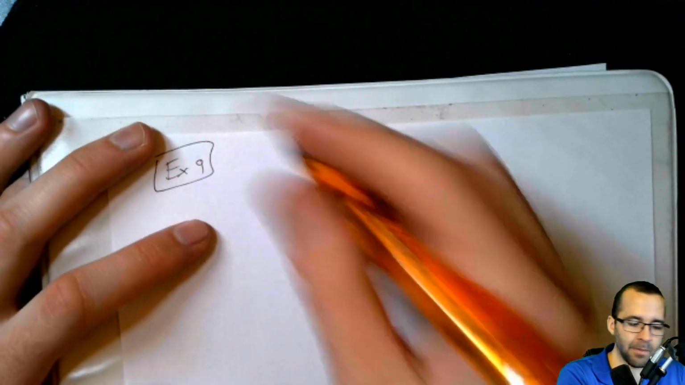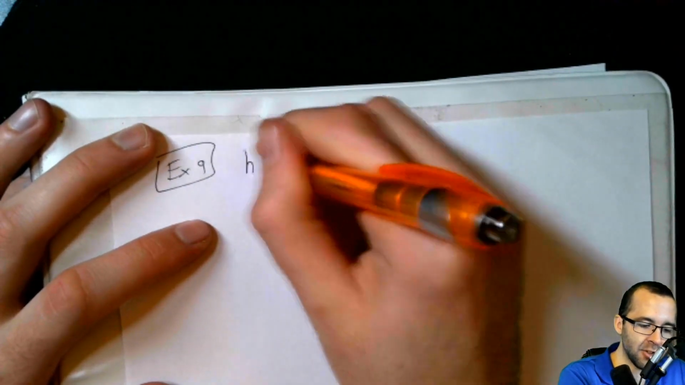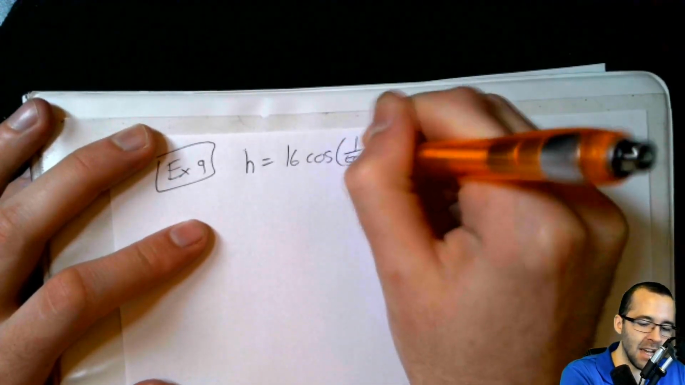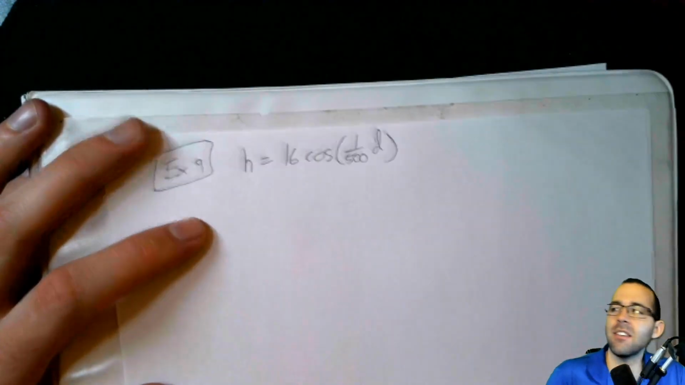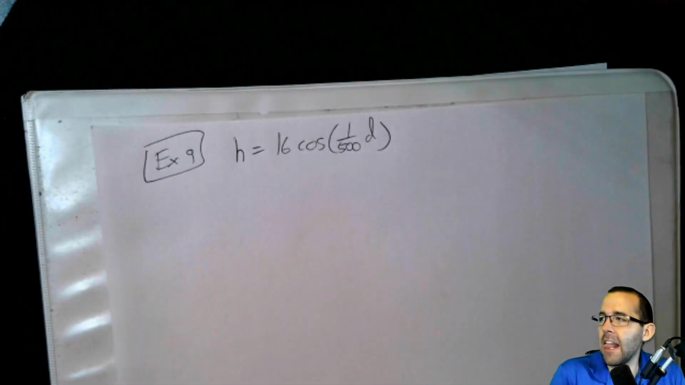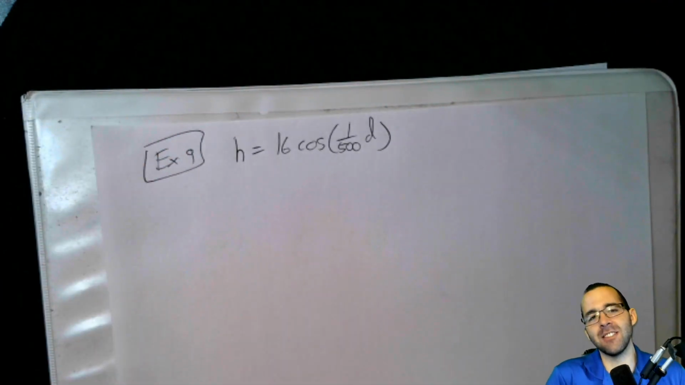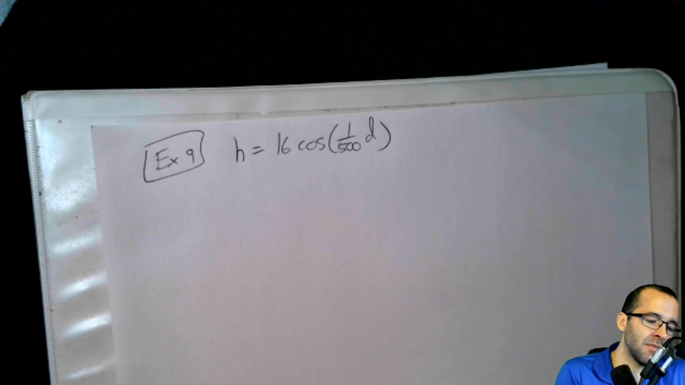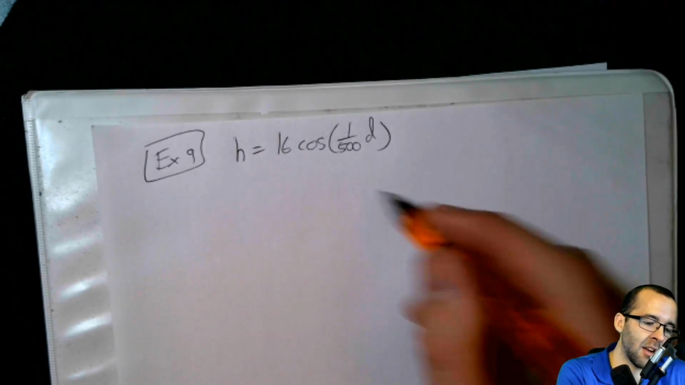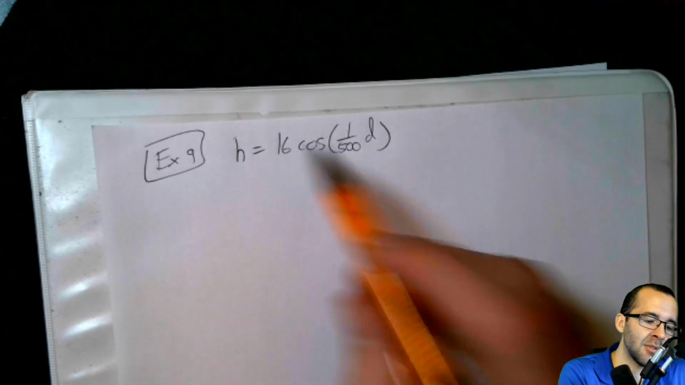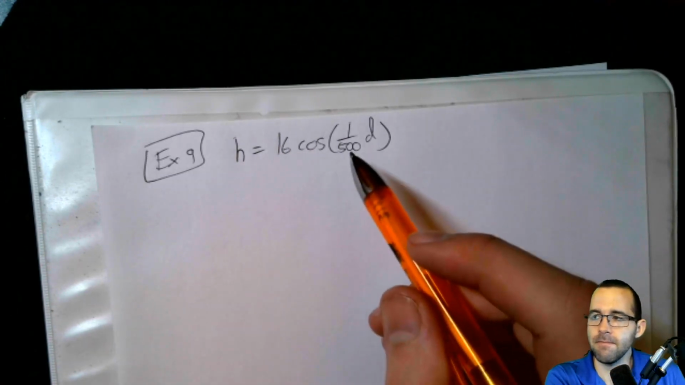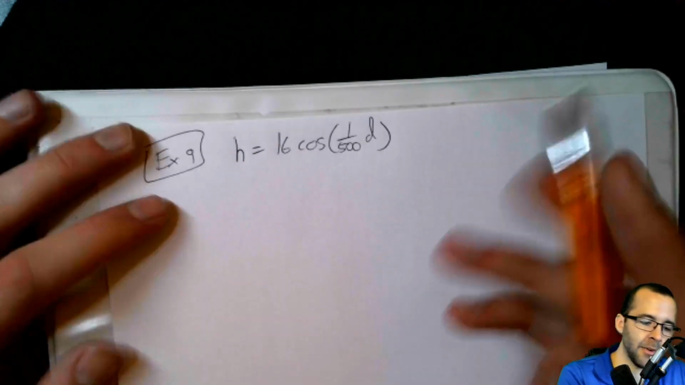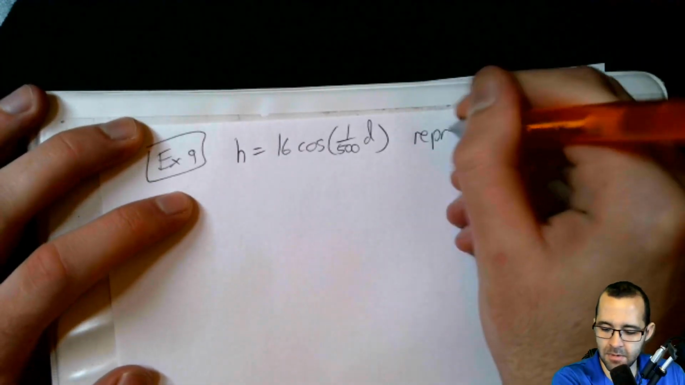Okay, so h equals 16 cosine of 1 divided by 500d. So we're going to deal with some functions now. We're going to use this function to solve an application. It's going to have a really long period, so it's going to oscillate very slowly, with an amplitude of about 16. And what this represents